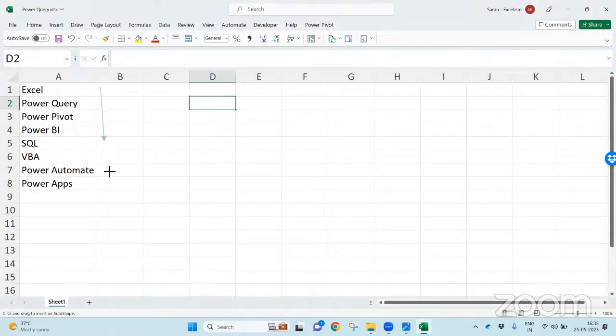Obviously, don't think you can learn all these within 2 months or 3 months or maybe 1 week. If you ask me, to become a master of all these tools, you need to spend at least 2-3 years. To get at least intermediate-level skill, you should spend at least 1 to 2 years, because it's not just about knowing Excel. You must be in a position to do automation using Excel.